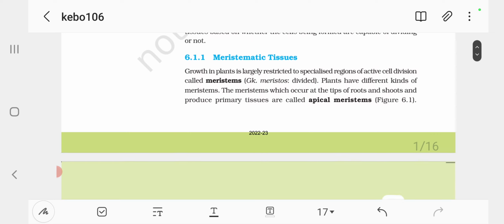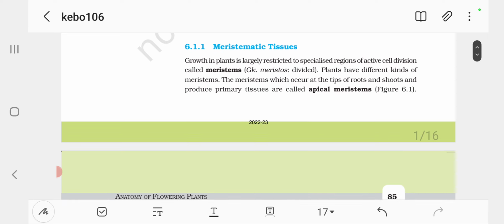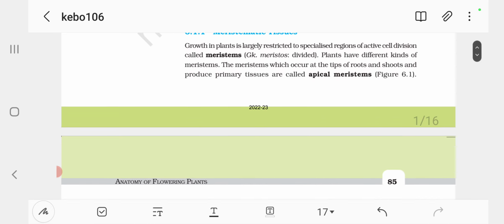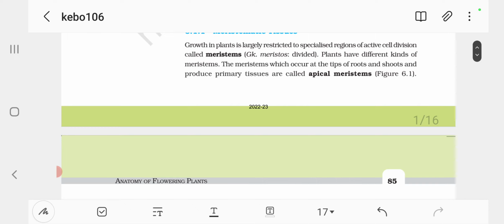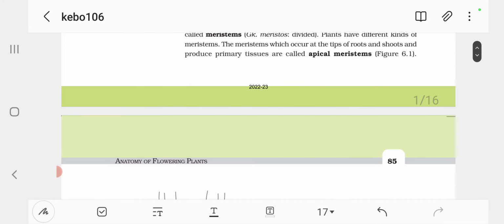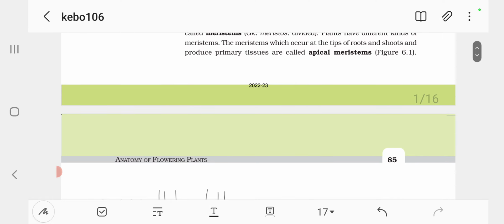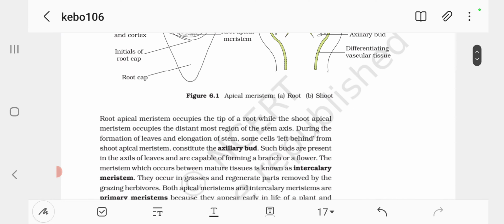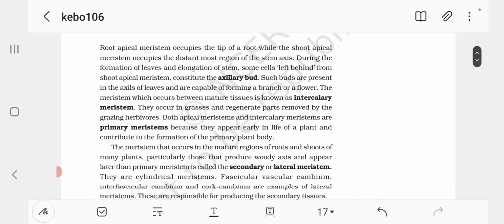6.1.1 Meristematic tissue. Growth in plants is largely restricted to specialized regions of active cell division called meristems. Plants have different kinds of meristems. The meristems which occur at the tip of roots and shoots and produce primary tissues are called apical meristems. Root apical meristem occupies the tip of a root, while the shoot apical meristem occupies the most distant region of